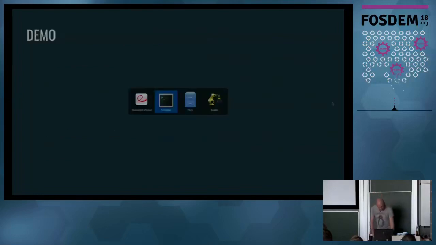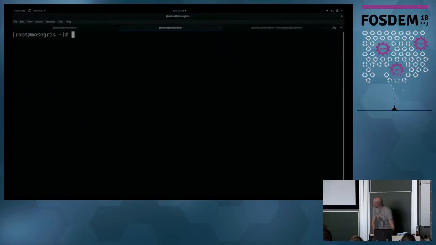So it's a quick demo. For the VM, I prefer to use GNOME Boxes. It has a feature where